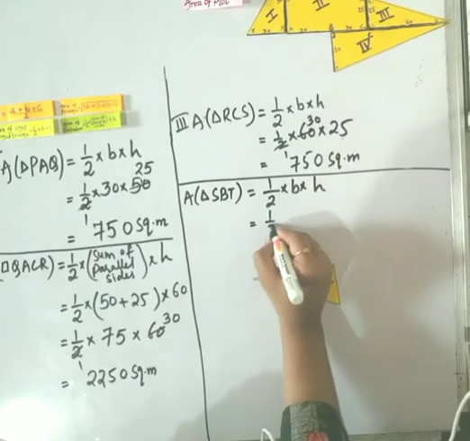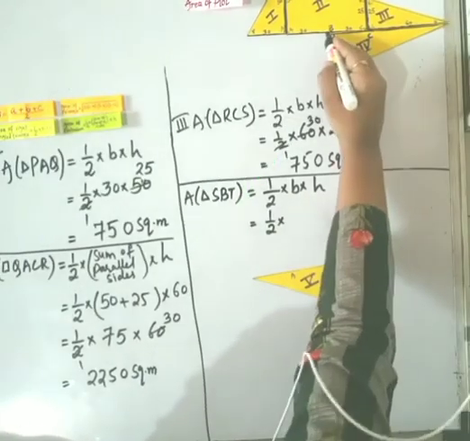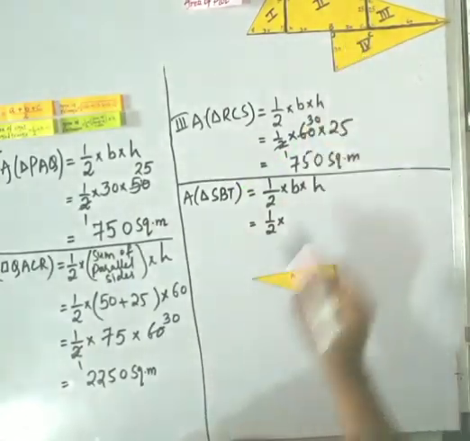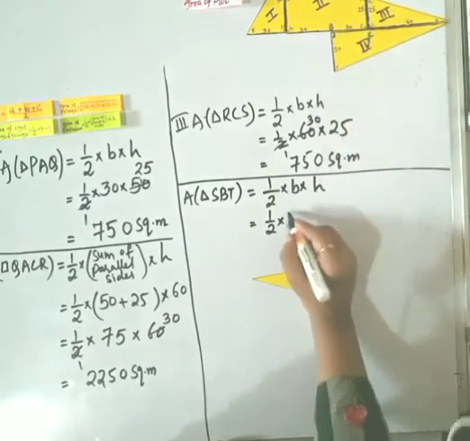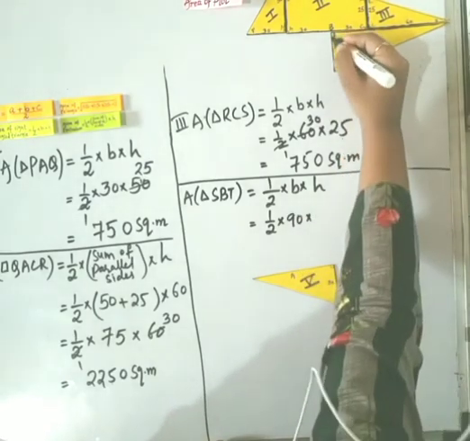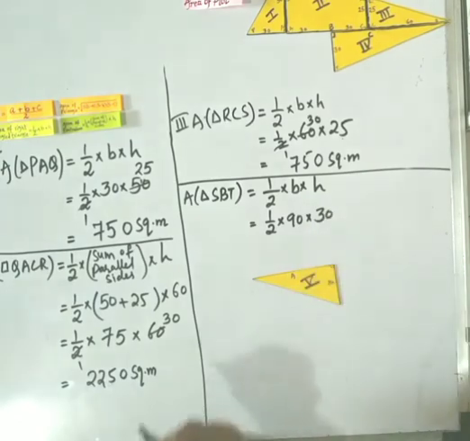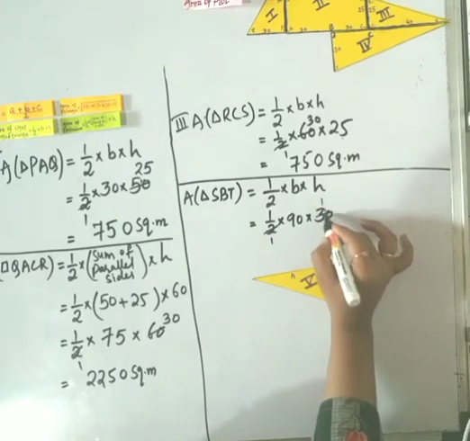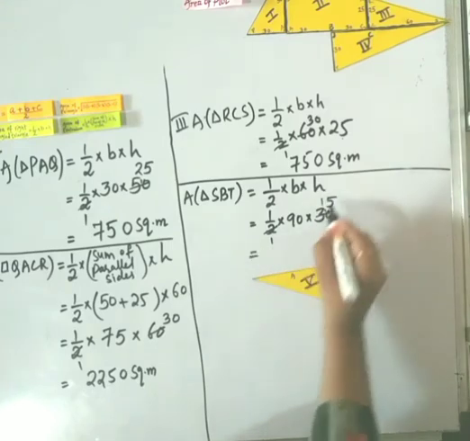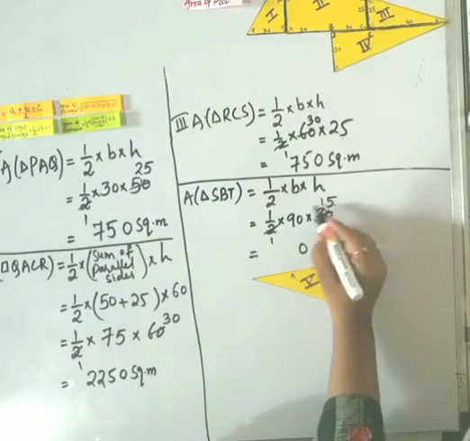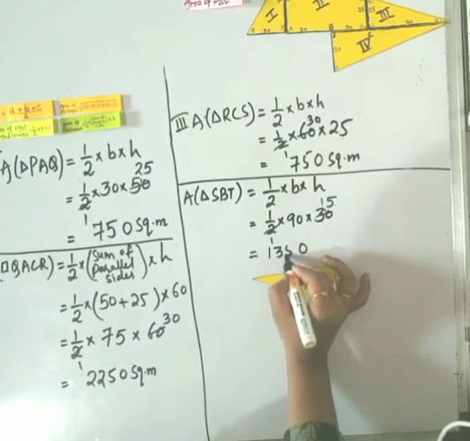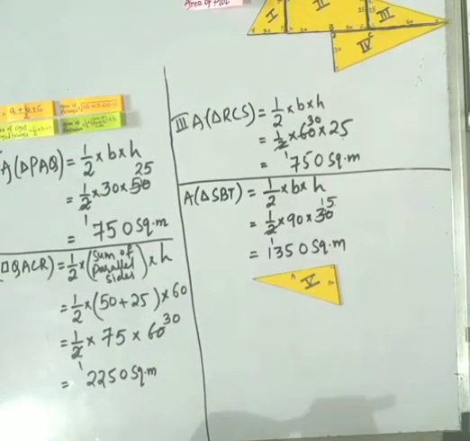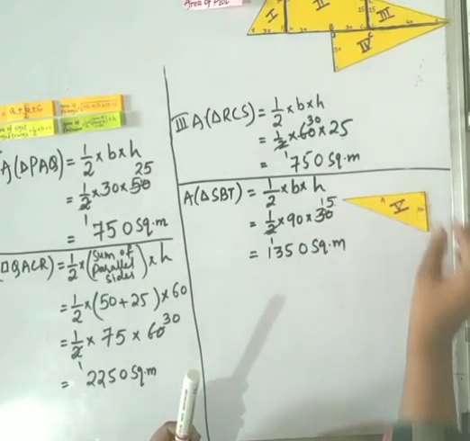Area of triangle SBT is equal to 1/2 into base into height, is equal to 1/2 into, here base is from S to B. The distance from S to C is 60 and from C to B is 30. So from S to B would be 60 plus 30, that is 90, plus height would be this one, which is 30. Let's solve it. 2 ones are 2, 2 ones are 2, 1 will remain here, 2 5s are 10. So 15 zeros are 0 and 15 nines are 135. So it is 1350 square meter.